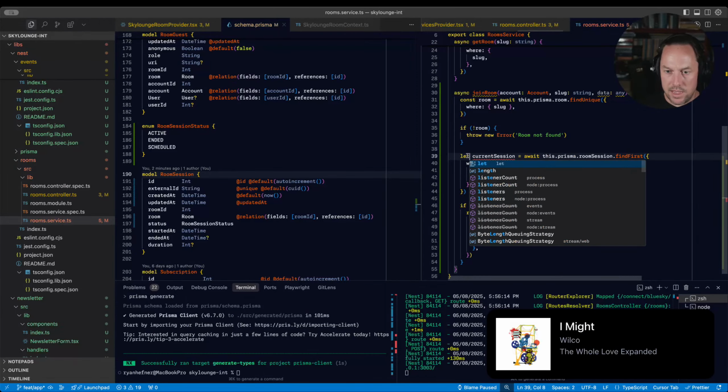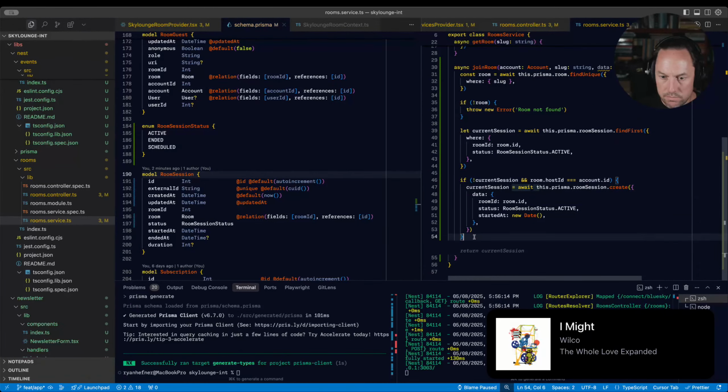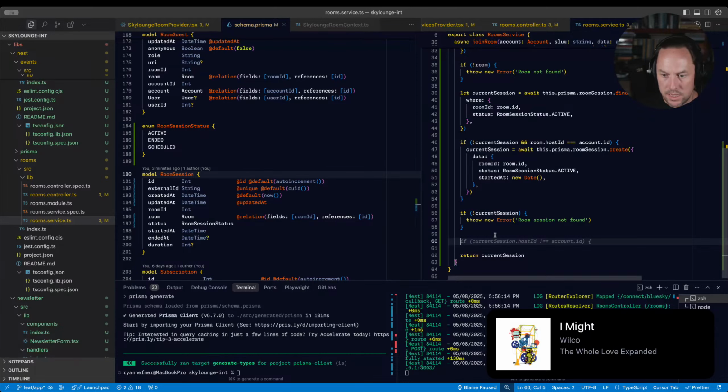So actually, we'll do this as a let. It always feels so weird to do lets, but we'll create the current session if there isn't one. Essentially, if not current session, then room session. Yeah, room session not found. And then we need to